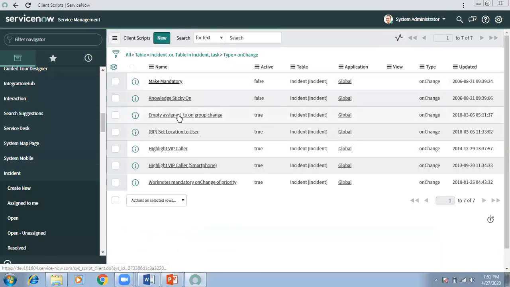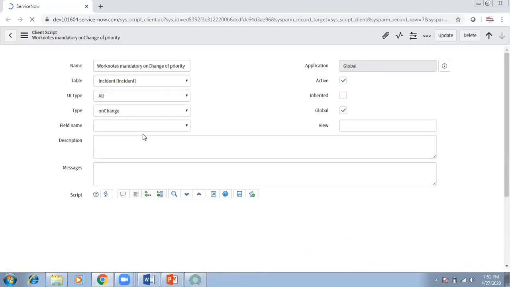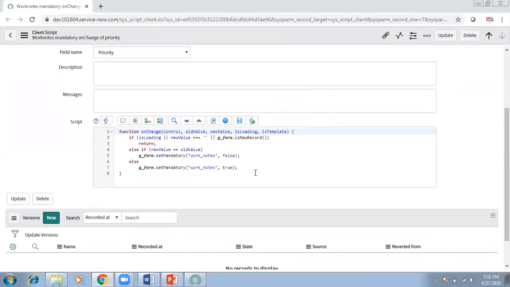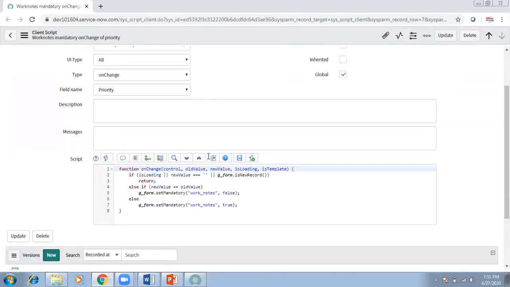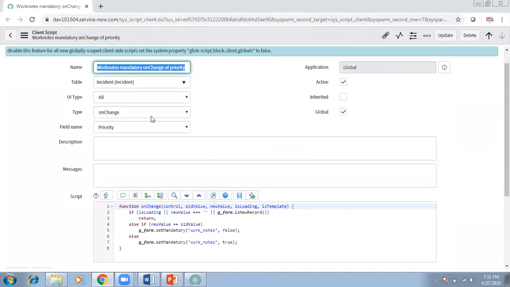Here, there is a client script written on incident, type on change, field name priority.